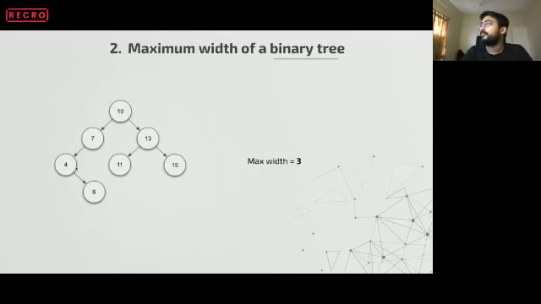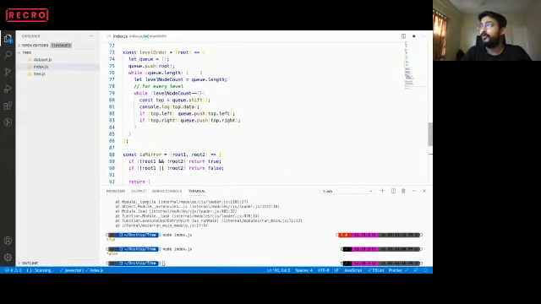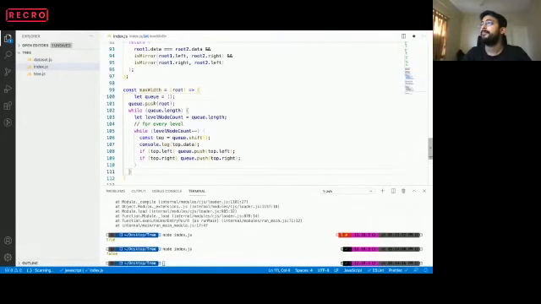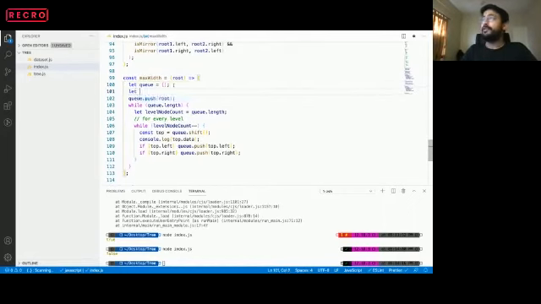Okay, so we have to again write a level order traversal over here. So we'll try to modify this initial level order traversal. I'll just copy it and modify it accordingly. So we have to find the max width. In order to find the max width, we'll also define a max width, which is 0 initially, or it can be 1, because the root element is always 1. So let's define it 0. That's not a problem.